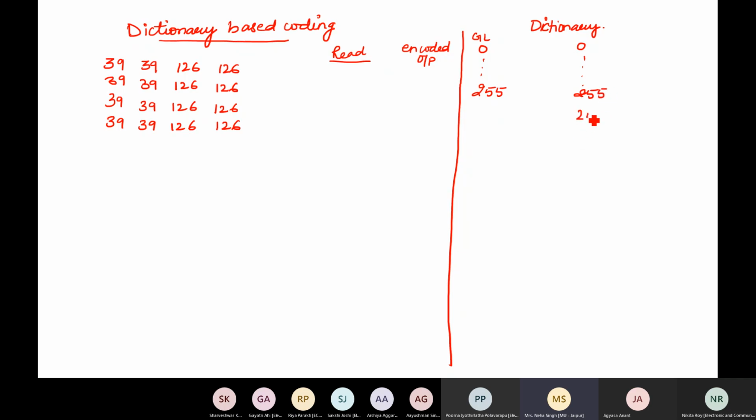But I can put in the new value at the locations 256, 257, 258 and so on. The memory keeps on growing as we have more inputs. At every step, one entry needs to be added.